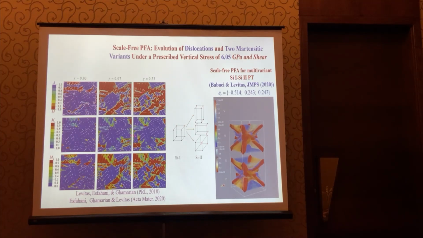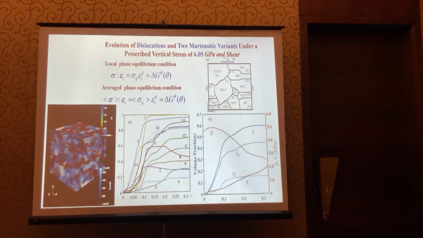high pressure phase, and this is variant 1 and variant 2. And we are able to treat large polycrystalline samples. Here it's more than 900 grains, and you see kinetics in selected grains is very heterogeneous, and we also determine parameters averaged over the entire sample, like evolution of the volume fraction of high pressure phase, each martensitic variant, pressure, shear stress. And we are currently working on developing a theory for kinetics at microscale based on these results.